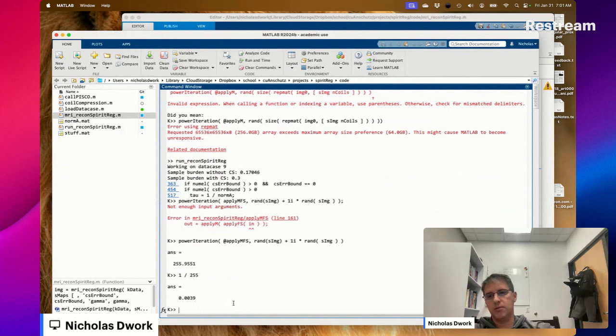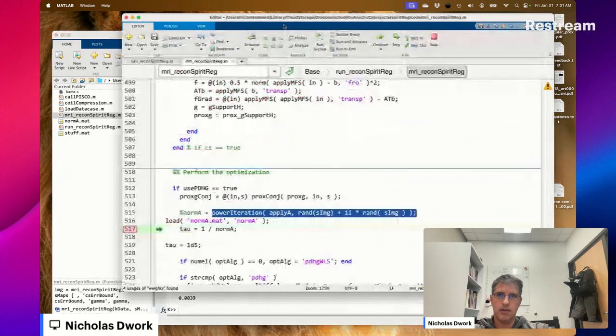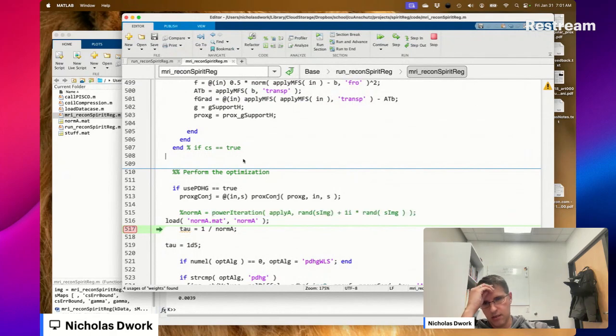But that doesn't tell us whether S is correct or not. That just tells us the norm of MFS.